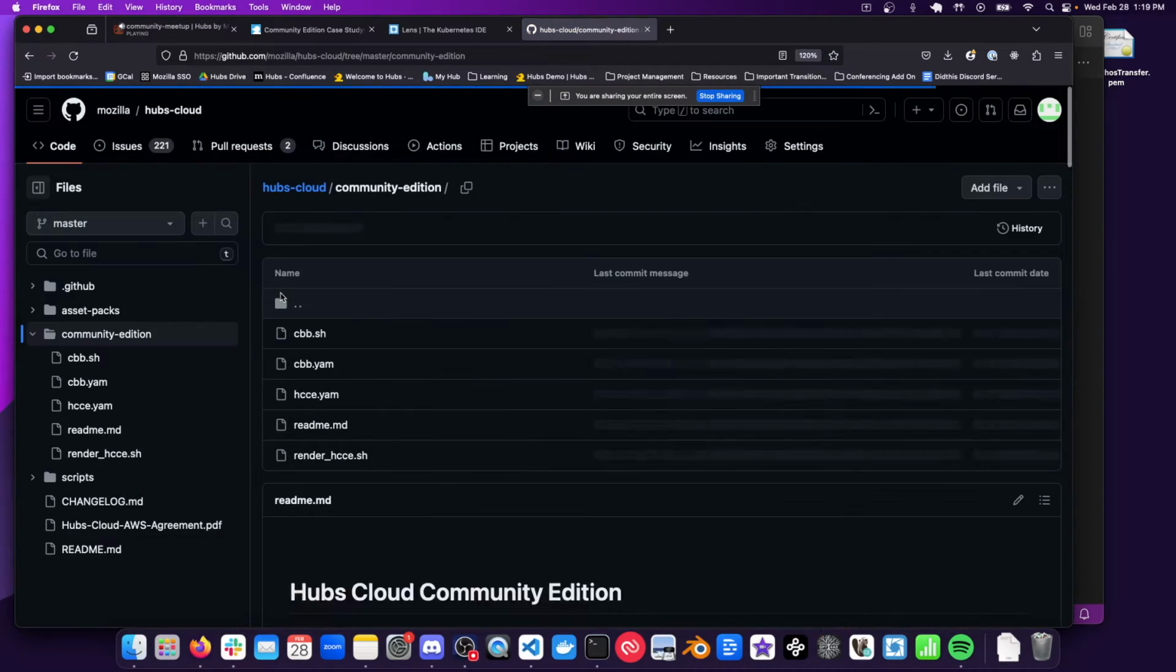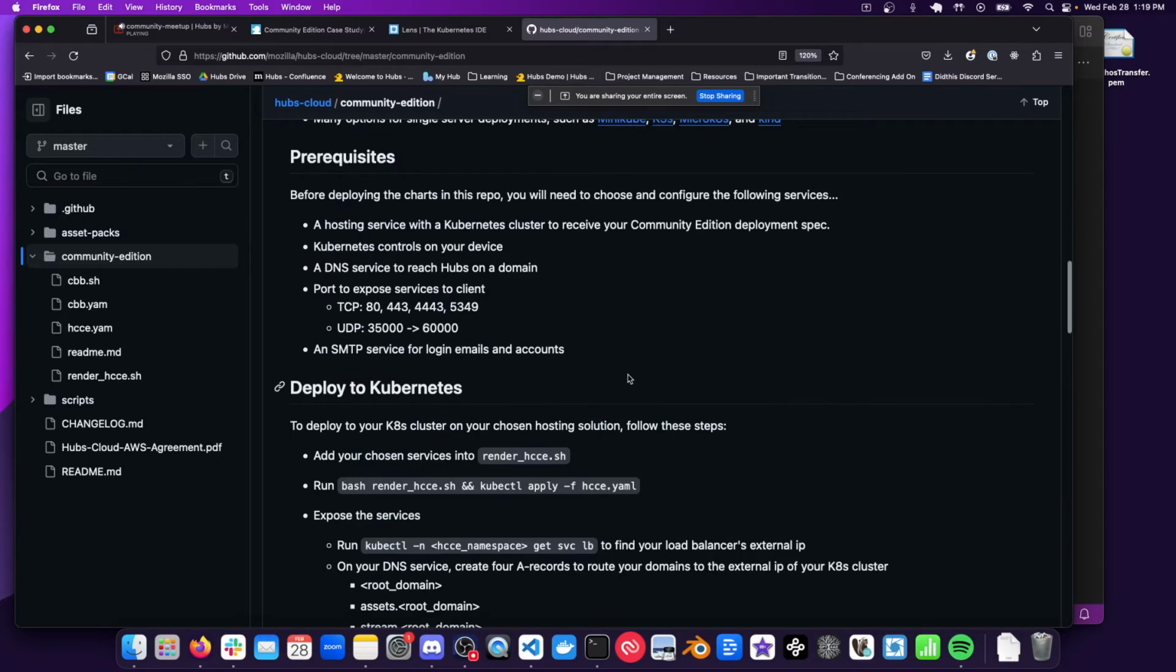If we go to the Community Edition directory, under the README, you can see one of the first things that we have to do is to open up ports for TCP and UDP, and this is mainly for dialogue. By default on a new account, I think 80 and 443 should be open, even 4443 should be open, but I think in practice I've seen a number of people who need to open 5349 and then the UDP ports